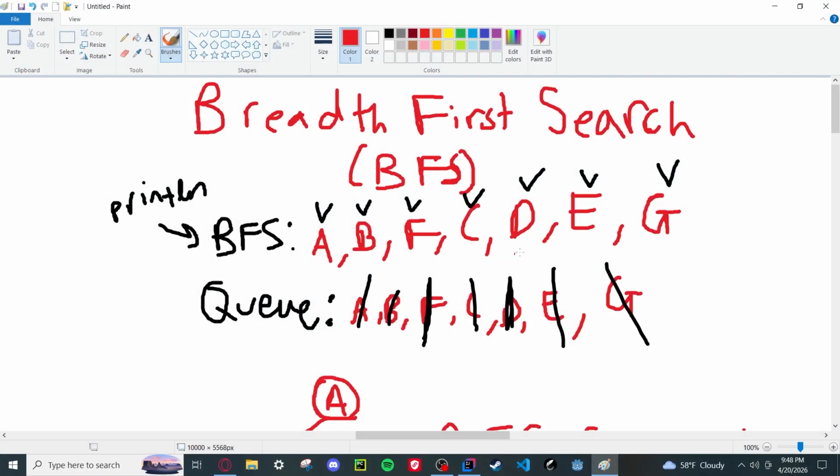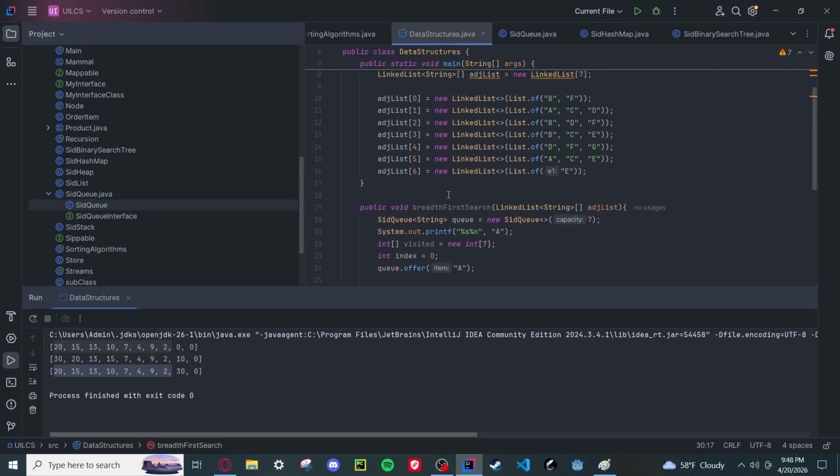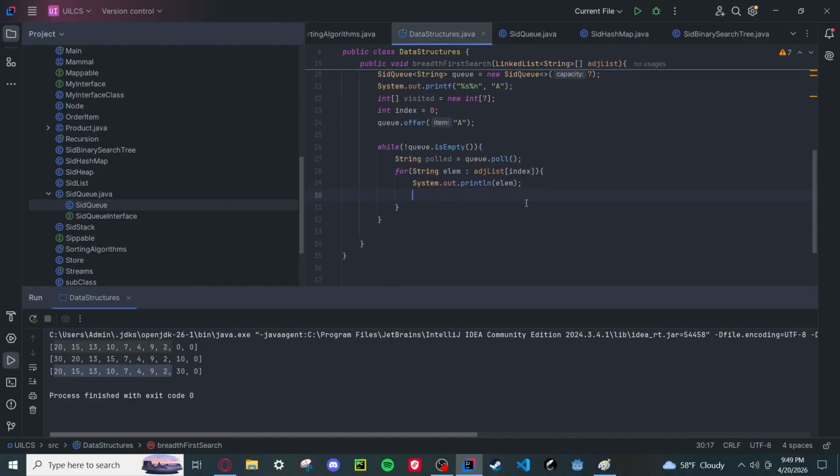Because when we get to F, we need to use this to find. So we need a relationship between this and this. We need a way to say, when I give you F, know that it means 6. Oh, we could do that. We could do that easily. Wait, guys. So I will say, simply,